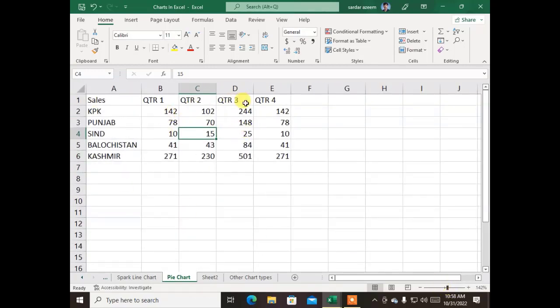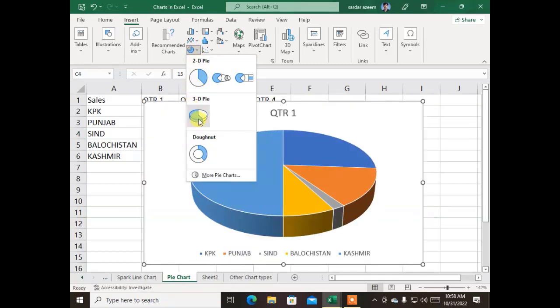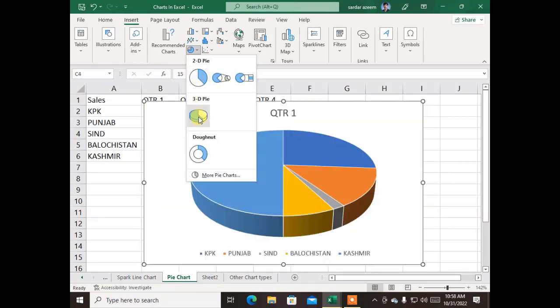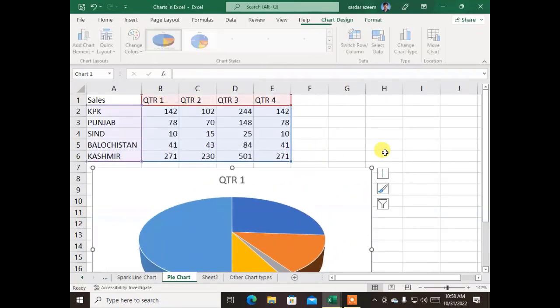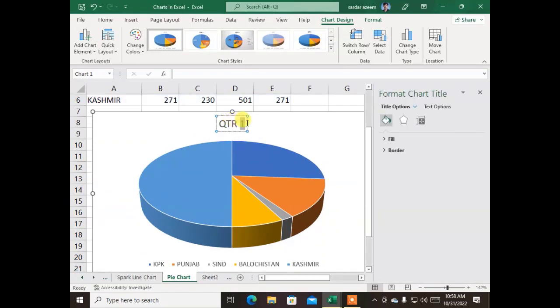For that purpose I just clicked inside the data, Insert, Chart, and we have selected pie chart. Pie chart has many schemes. You can choose any of them. I need this 3D pie chart. It looks better and looks nice also. So we'll change the title to quarterly sales in